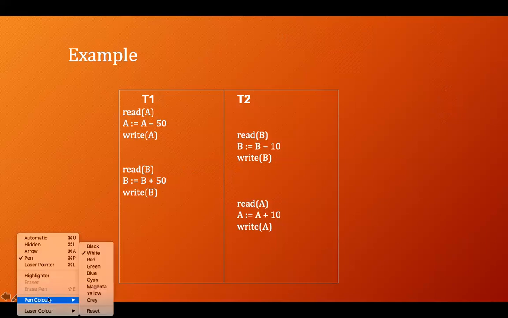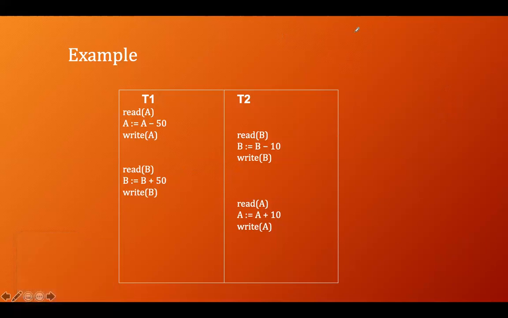Now let's go to view serializability. In view serializability, we talk about three types of view.